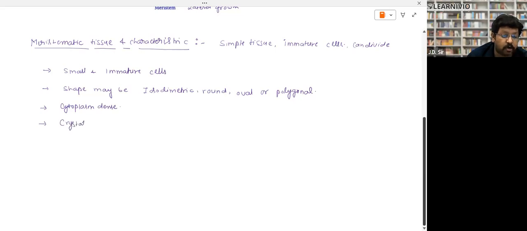Crystals are absent. Basically, crystals are the property of plant cells. And the crystals of magnesium and calcium are found in the suspended condition in plant cells. These are called sclerites, right? So these sclerite crystals are found over there. Sorry, they are called cell inclusions, right? And these crystals are the property of a plant cell, and we'll study this in detail in